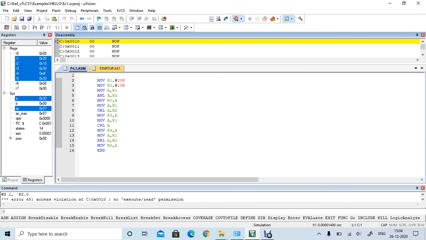And then we have OR operation, 20 plus 10 is 30. The result is stored in R3. So R3 is having 30 value. And then we are complementing the A value, that is R1 register content, that is 20H. The result is DF, which is stored in register R4. Then the XOR operation is performed and the result is stored in R5. So XOR of 20 and 10 is 30. In this way we can see the outputs in the register window.